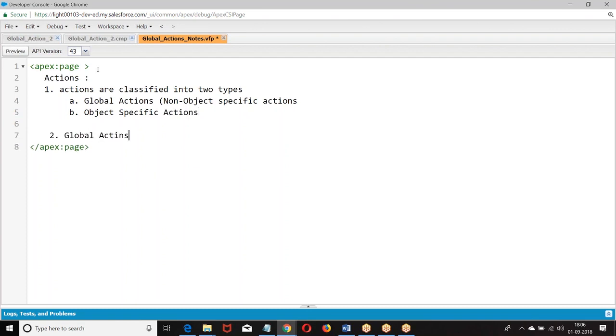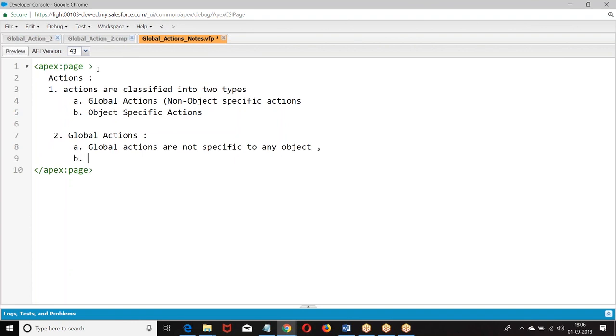Global actions are not specific to any object. We can add the global action to any page. So, creating a global action.